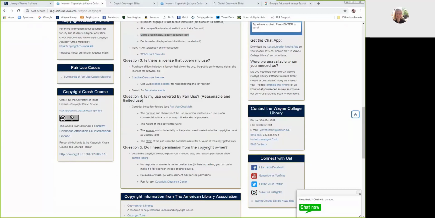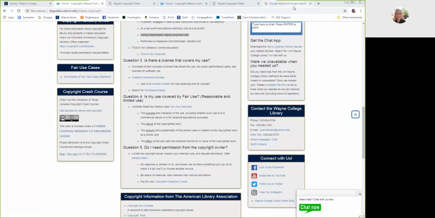Now, under this question 3, there are ways that you can go about looking for more permissive type materials. So let's say you wanted to use an item and you weren't really set on a specific item. For example, in my work with the Lions Club, I do the newsletter for the Lions Club in Massillon.